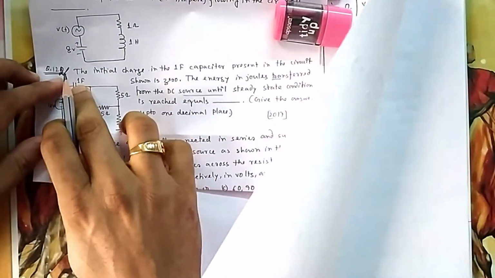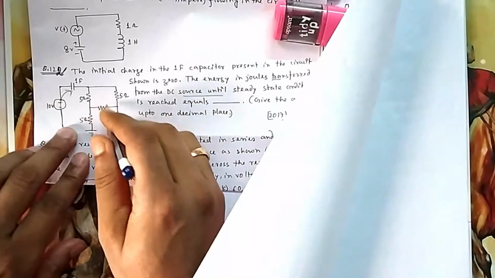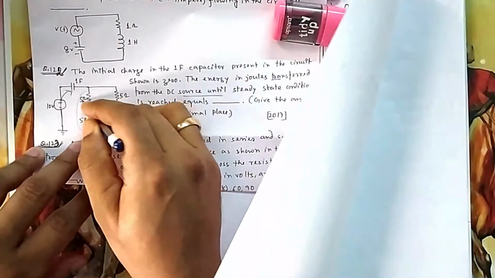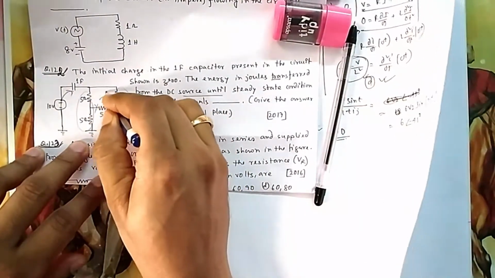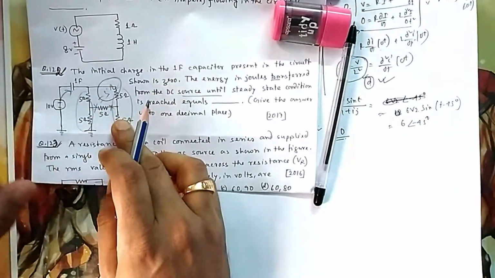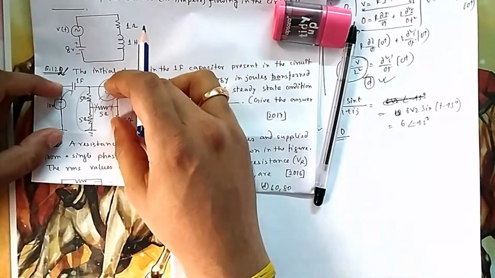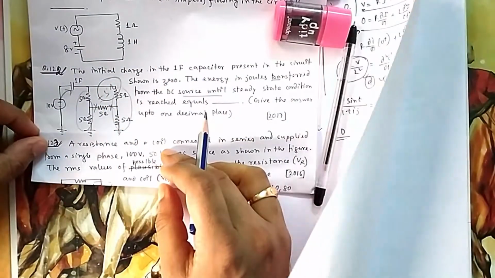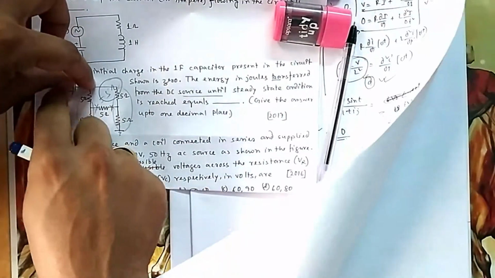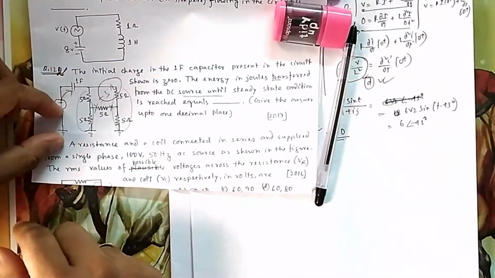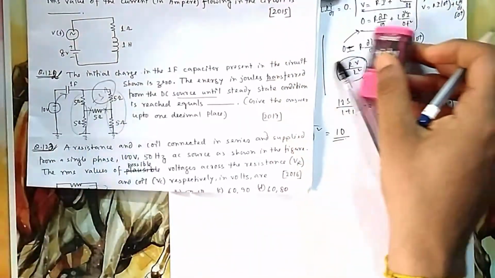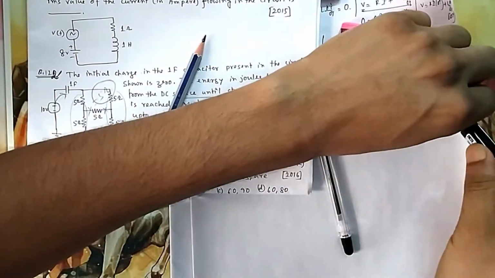What will be the final case? Final case, the capacitor will get fully charged, because if you calculate this resistance, it is again a Wheatstone bridge, so no current will flow through it, so you can remove this branch. So 10 is in parallel with 10, that means ultimately you have only 5 ohm resistance. So ultimately what will happen? This voltage and this voltage will be equal, so no current will flow. It will be 10, and it will also be 10. So if you take KVL, it will be 0, so no current will come through it. So the capacitor will charge up to a voltage of 10 volt.